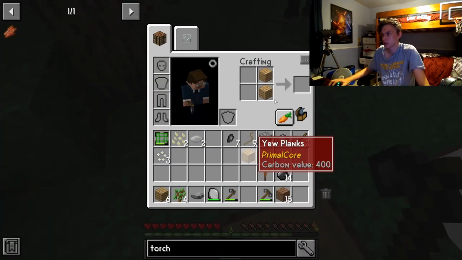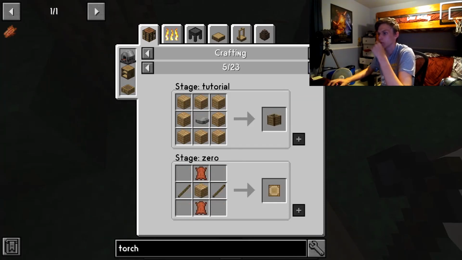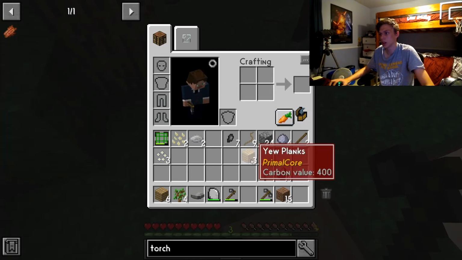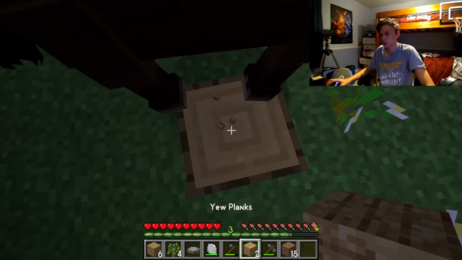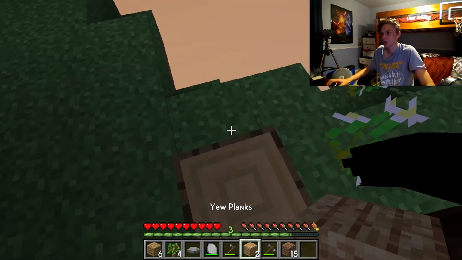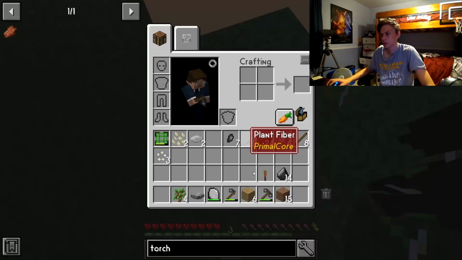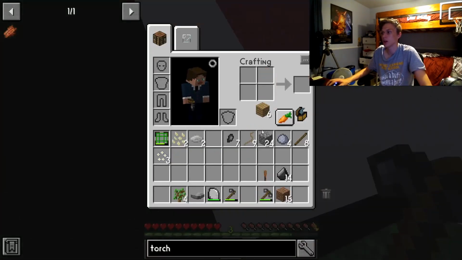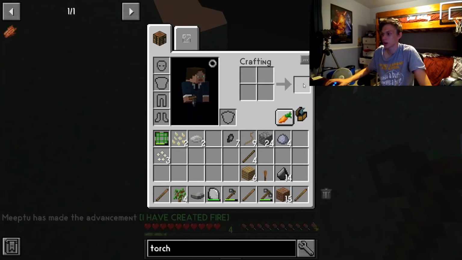But we take these... Oh, we cannot... What can we use these for? We can make signs. But we can't make sticks with them. Interesting. Unless, maybe we can make... We can make sticks with them like this. Can we make sticks? Okay, no, we have to make sticks like that. Got it. Anyways, what we do with these sticks is we make ourselves...